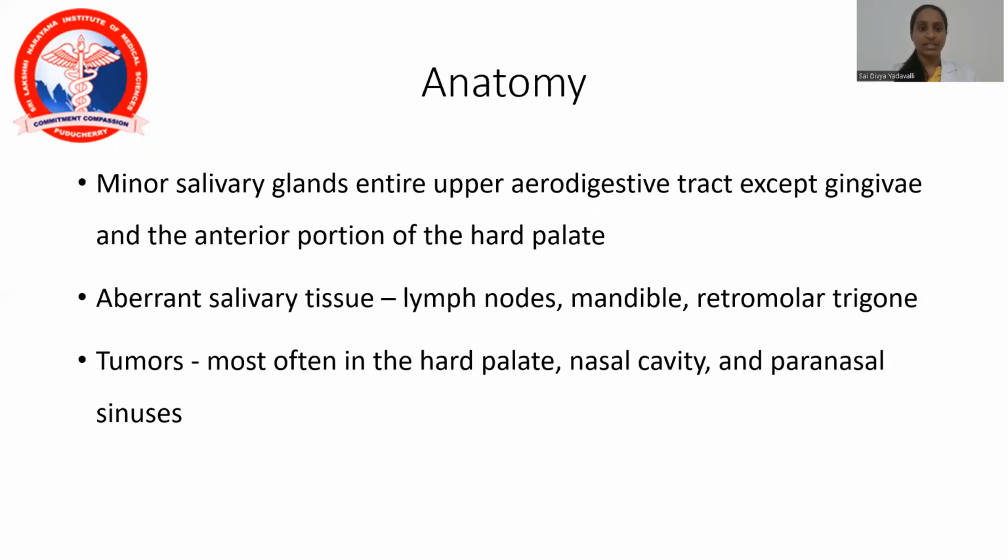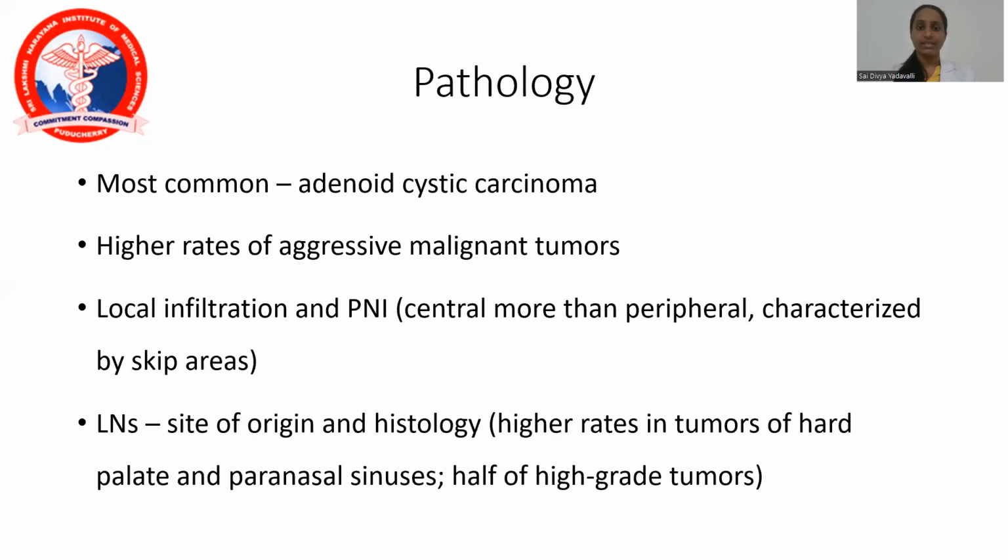Coming to the minor salivary glands, they can be seen spread across the entire upper aerodigestive tract except the gingivae and the anterior portion of the hard palate. Aberrant salivary tissue can be seen in lymph nodes, mandible, and retromolar trigone. Tumors most often occur in the hard palate, nasal cavity, and paranasal sinuses. The most common type of tumor is adenoid cystic carcinoma, which has a high rate of